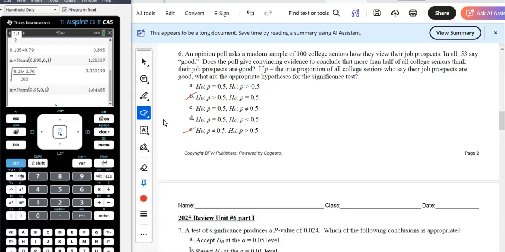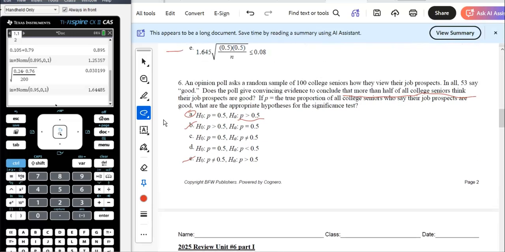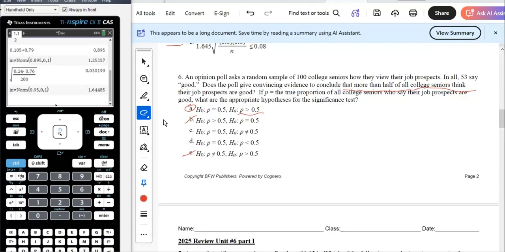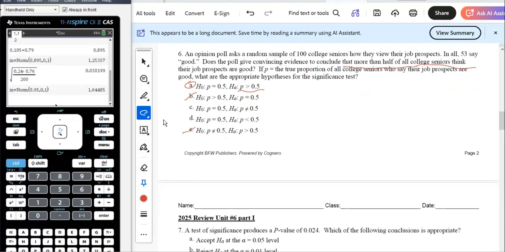So they're trying to prove that more than half of all college students think that. So the alternate is more than half. It's got to be that guy, right? So that's the alternate. It has to be P is greater than 0.5. You notice these are all, I expected maybe a P hat in here. Nulls and alternates are always the true proportion, so P, or mu if you're dealing with means. So keep that in mind, that could be a good distracting answer. If it has P hat, it's not part of the hypothesis there.